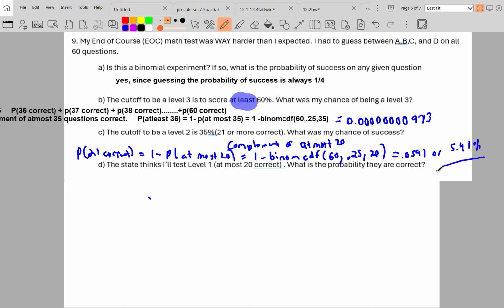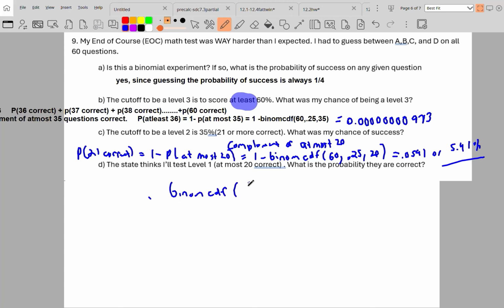It does happen. Kids guess and they test level 2. It happens. I've seen it numerous times, sadly, but they're guessing. The state thinks I'll test level 1, which is at most 20. What is the probability they're correct? Well, we actually did most of that work. At most 20 was part of this previous problem. It's a binom